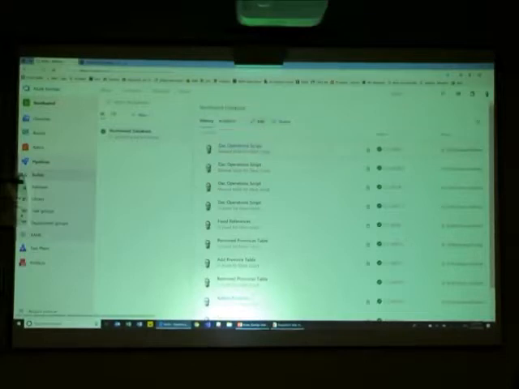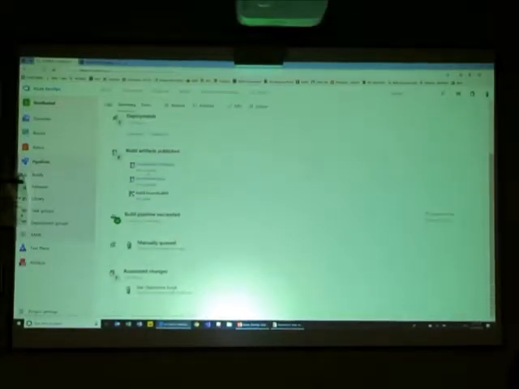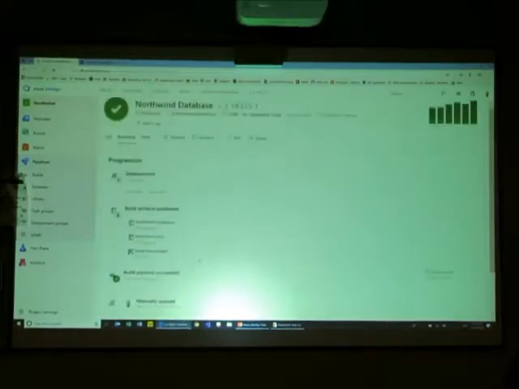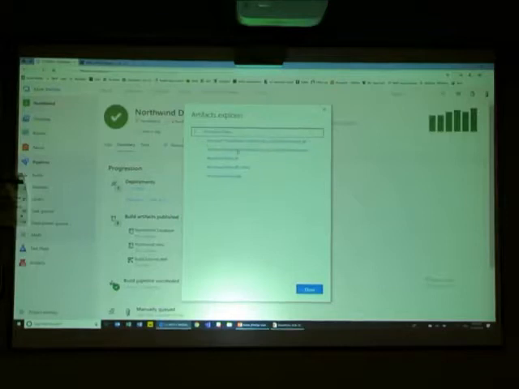See if that finished. Looks like it finished. So here's my build. There's my artifacts that I created. The pipeline succeeded. It was manually queued. Any change sets and stuff are associated to it. I didn't do any of that. So here's my artifacts. So there's my Northwind database, and there's my unit tests for it. If we go into there, I can actually see those. So here's my, watch, if I download the Northwind test DLL,